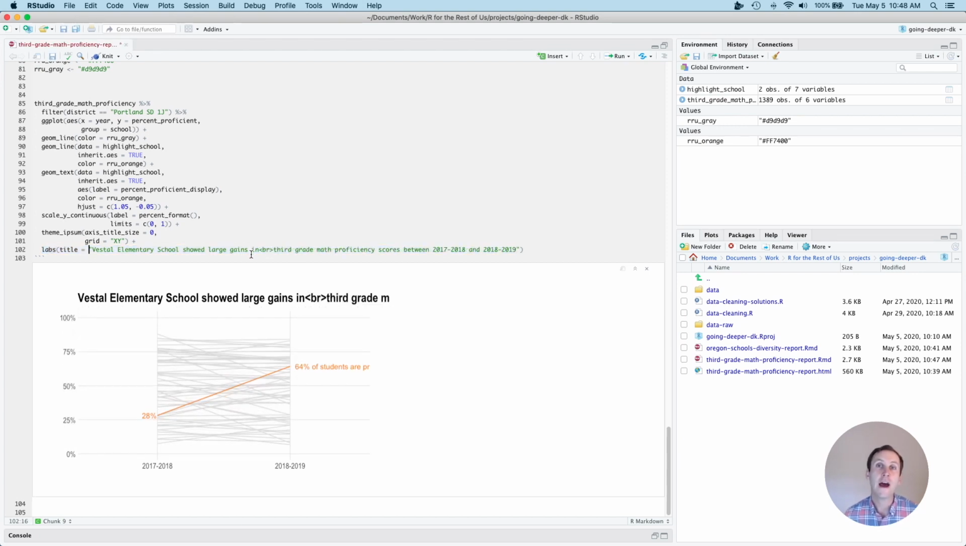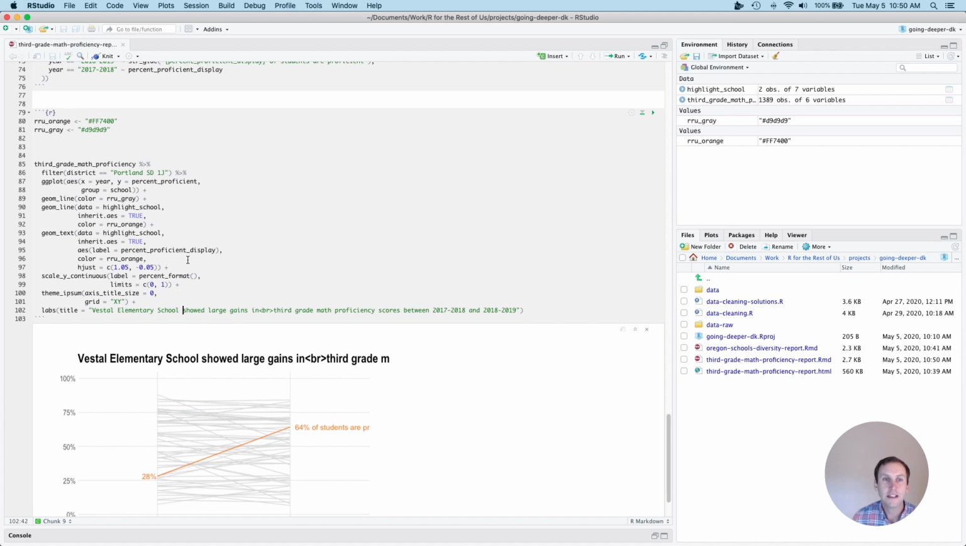What we're going to do now is we're going to add some HTML, and then we'll add some code later that will tell ggplot, hey, don't interpret this as literal text, interpret it as HTML and format it using the HTML. The next thing I want to do is I'd like to change the color of Vestal Elementary School,